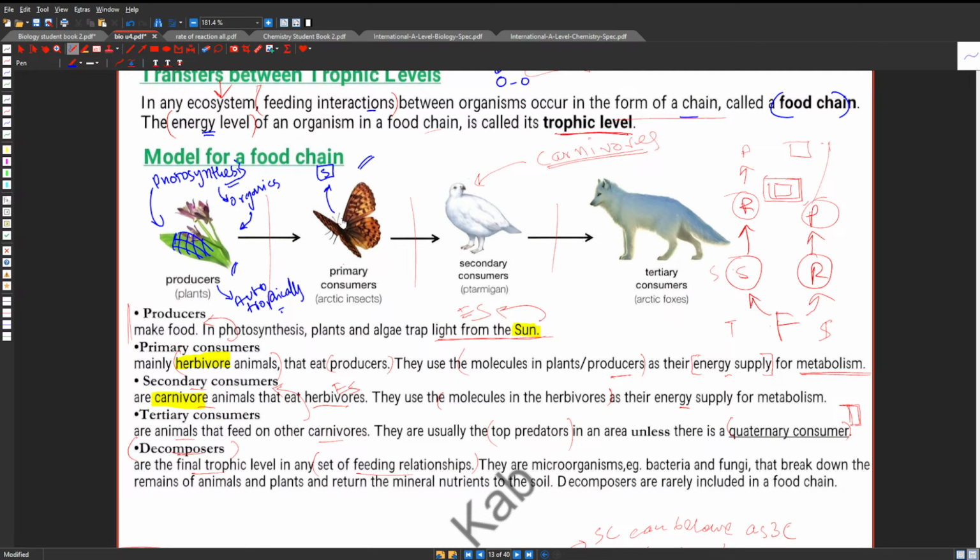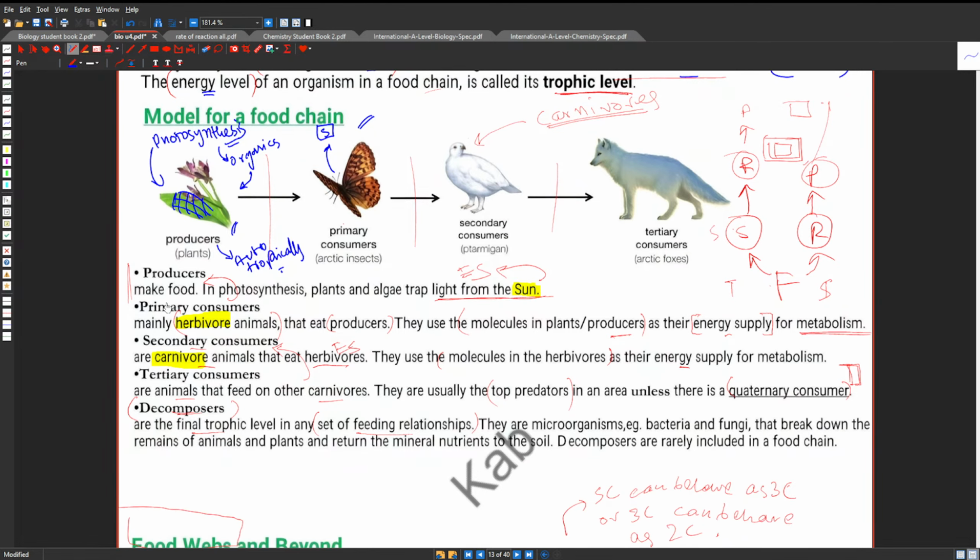So when a secondary consumer does eat a primary consumer, they are absorbing what was absorbed from the producer when the primary consumer ate it. So producers obviously make your food. These are using light from the sun. They trap light from the sun into your